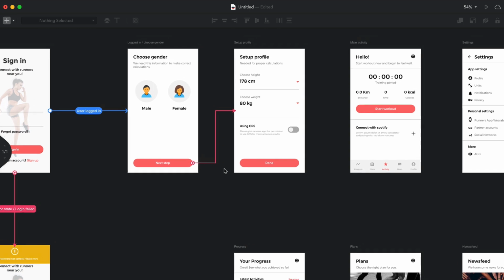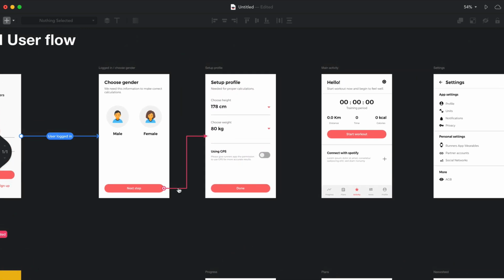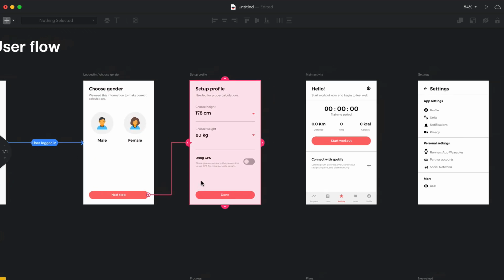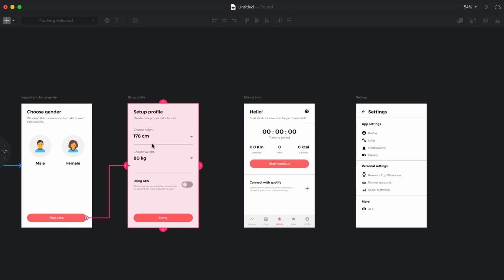Maybe we don't even need a text for this. Don't need a bubble here. So we go to the next screen,